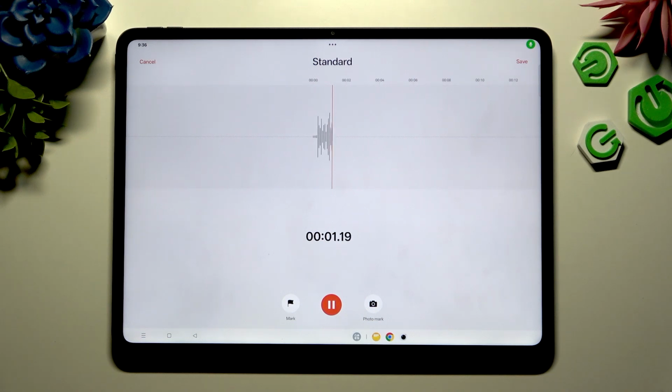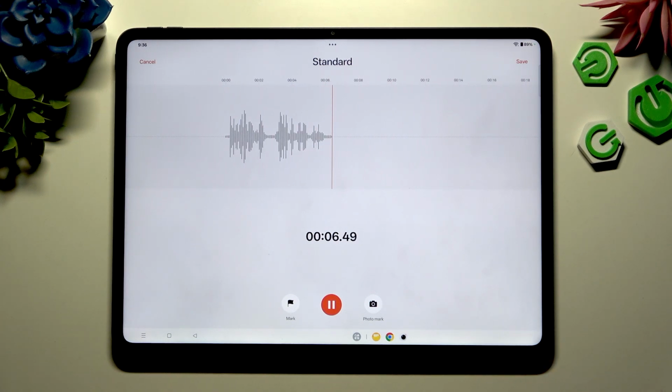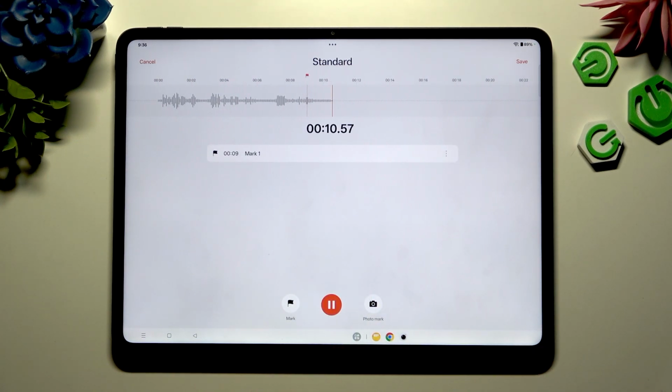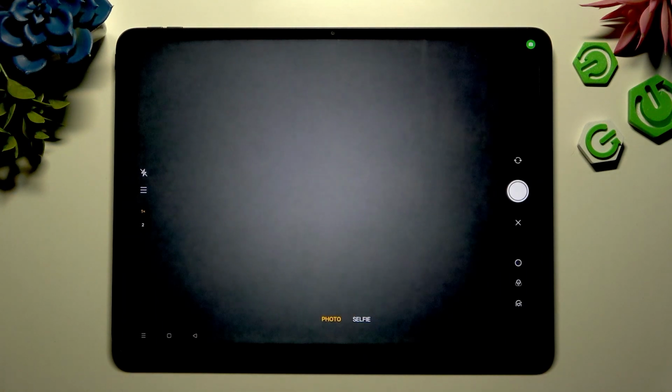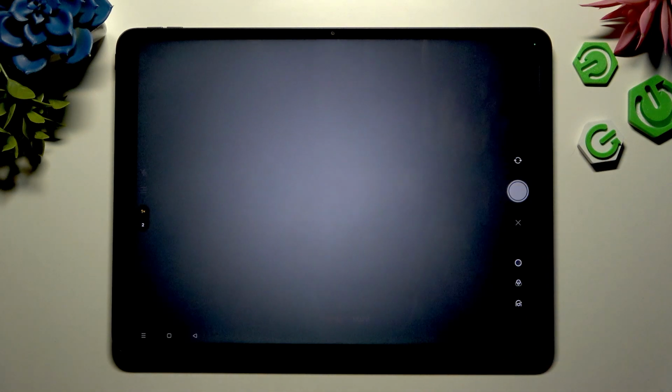As you can see, recording is on. To pause it or unpause it, use the same button. To add a bookmark, click on the left one. To add a photo mark, on the right one. Switch your camera, take a pic, and when you're ready, discard it thanks to this X or add it thanks